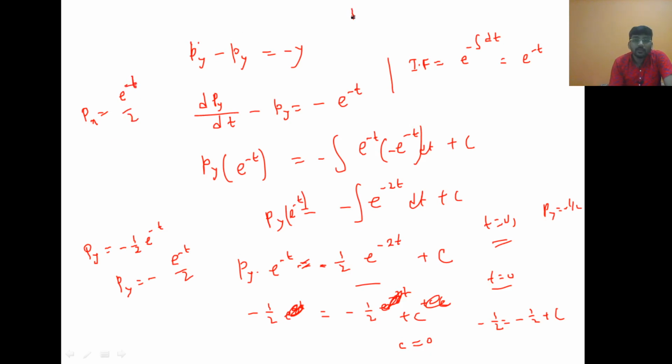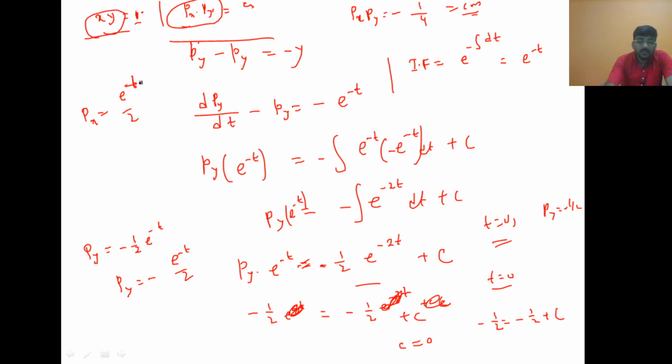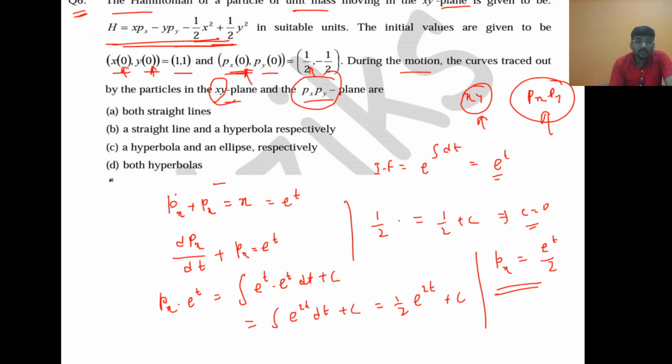So if we multiply these two, that is px into py, it will be minus 1 by 4. This will again be a constant. Okay, so we will get two relations: xy is equal to constant first, and then px into py is equal to constant, that is minus 1/4, that is also constant. So this is also a hyperbola and this is also a hyperbola. So both the cases it will be hyperbola. So this will be the answer. Okay, xy will be constant and px into py will also be constant. So in the xy plane as well as in the px py plane, both are hyperbola.